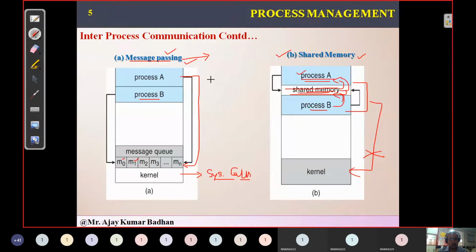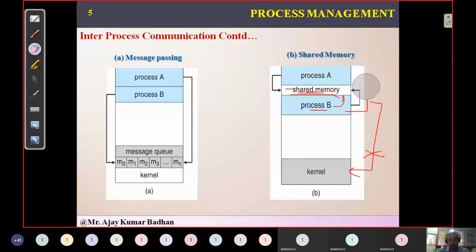It's a continuation of your first message. So two messages will be delivered to the destination. That is what is being explained here. So which one is more efficient? Message passing is more efficient when compared to shared memory. But if you talk about which one is faster, definitely shared memory is much faster than message passing.